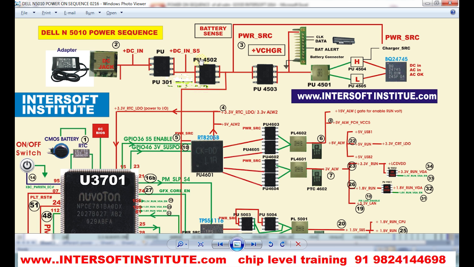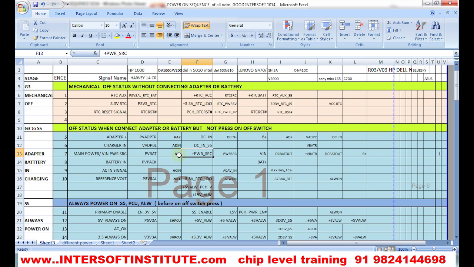These signals are here also. So here they are using power SRC. In some cases it will be used as VIN. In some motherboards it will be indicated by PV BAT, in some DC BAT out. The signal names will be different but the function is the same. So depending on the motherboard, different signal names will be there. There may be a mistake in our notes, but we are making this material for your understanding.